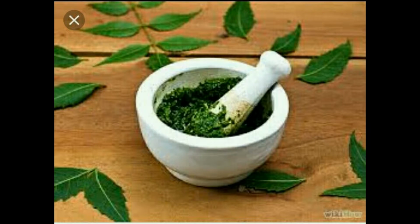10 benefits of Neem you should know about. Neem is known to be an integral part of Ayurveda for the benefits that it has. It is a herb that is easily available and has a long list of benefits that people make use of